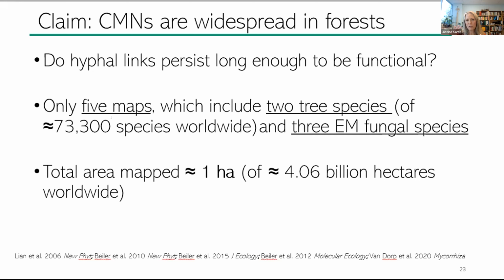When I added up the total area mapped across these 5 studies, it was equivalent to just 1 hectare. And this is 1 hectare of over 4 billion hectares of forest worldwide. When I give you context for these numbers, please know I'm not suggesting that we even need to map half of the forest worldwide, or even half of the tree species out there. But my argument is I think we need to know more than what we have to generalize about